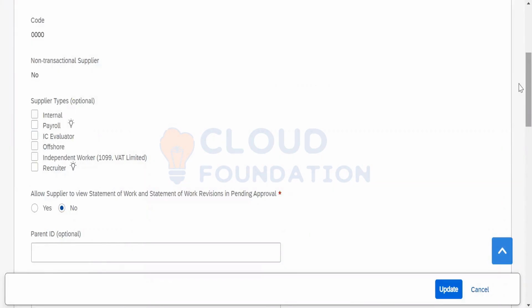Non-transactional suppliers are called that because they are not transacting within Fieldglass. There are some modules within Fieldglass which they utilize just for the head count and the contract, while the payment terms are settled outside Fieldglass. That is called the Profile Worker Module. Profile Worker Module is one of the modules used just for the purpose of head counts and for providing the contractors access to their office premises or to their assets, say laptops, and so forth.